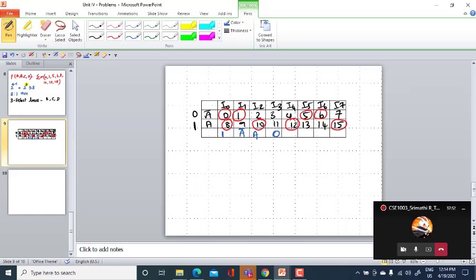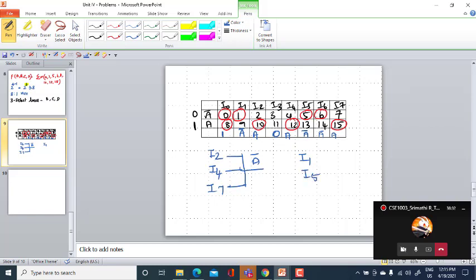If only one is encircled, look at the particular row, A, so A has to be given. And again one is encircled, A bar has to be given at the input. And again A bar has to be given to the input. And again A has to be given to the input I7. So of which, see here, I2, I4, I7, these inputs of the mux have to be connected to A, and I1, I5, I6, these three inputs have to be connected to A bar.